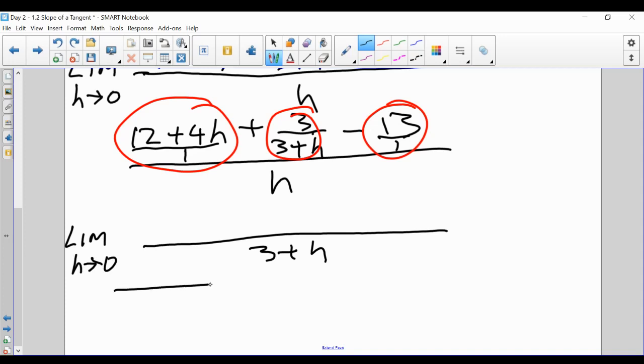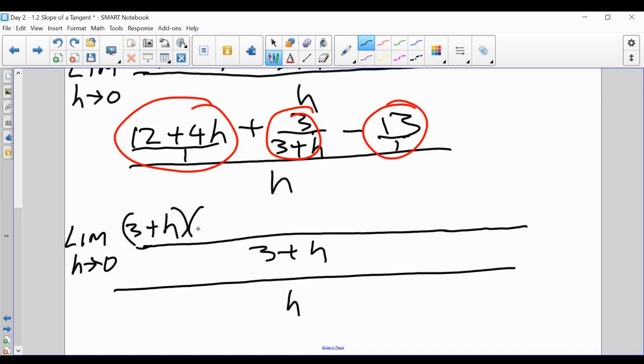And all of this, by the way, is still over h. So we're just getting a common denominator for the top. The key to this is remembering how common denominators work. What do I multiply this denominator I'm pointing to by to get it? This denominator is actually 3 plus h. So it's 3 plus h times the top, which is 12 plus 4h,